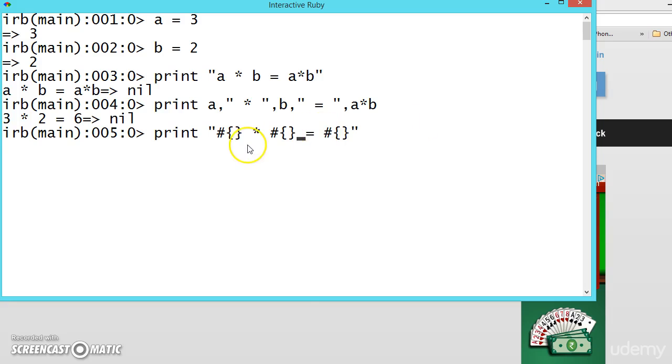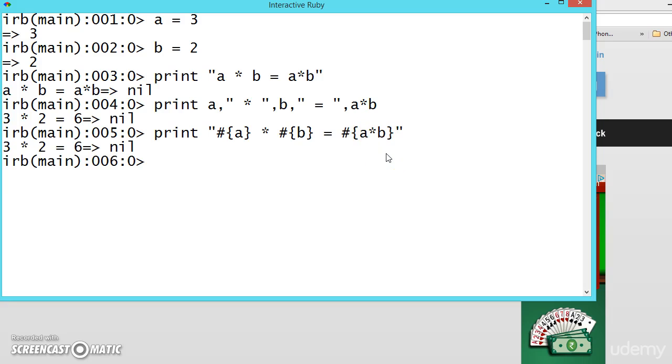Now these are very special characters. Here we want the value of a, so what we are telling is: get the value from a and print it here. And here we want the value of b; get the value of b and print it here. Now here a multiplication b: get the values of a and b, multiply them both and give the result.